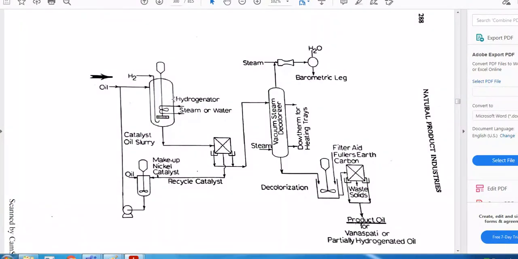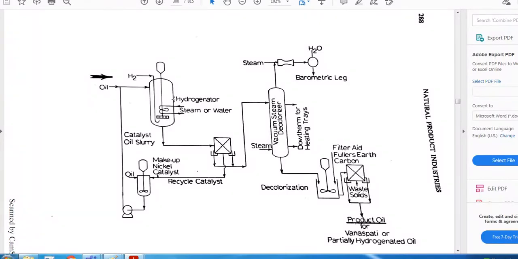When you send hydrogen gas, what will happen? The agitator has a greater role. The hydrogen has to be dispersed in all parts of the container, and hydrogen is a gas, so it rises from the top. When it rises, it goes to a place where 3 persons are there. Who are the 3 persons? The Raney nickel is present, oil is already present, and then hydrogen is present. So now we have a resistance to the reaction. What is the resistance to the reaction?